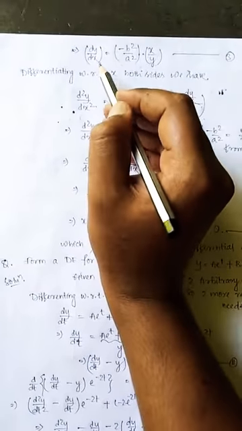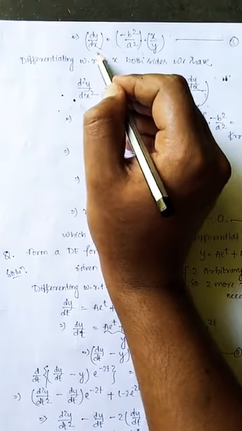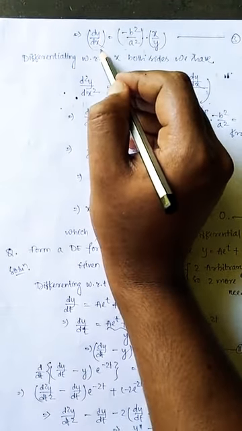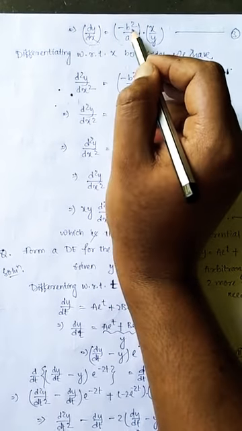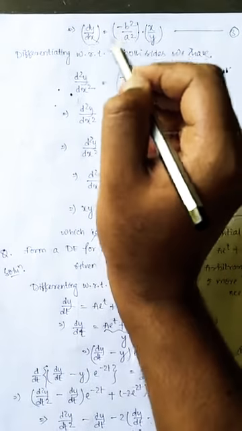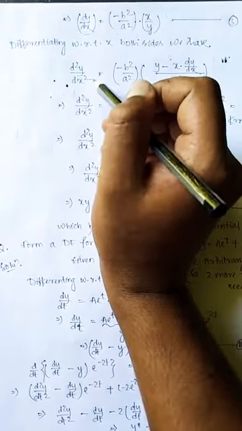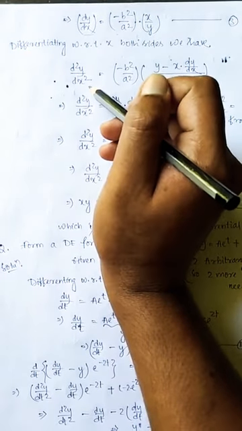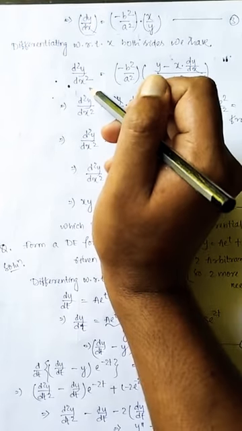After that, I am taking the value of dy by dx from the previous step, where dy by dx equals minus b square by a square into x by y. I need the second order derivative because there are two arbitrary constants present, so the second order derivative y double dash equals,